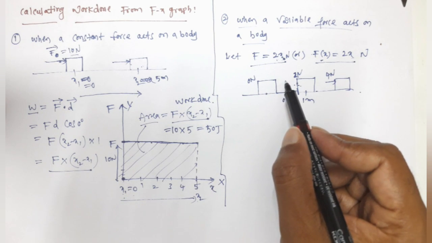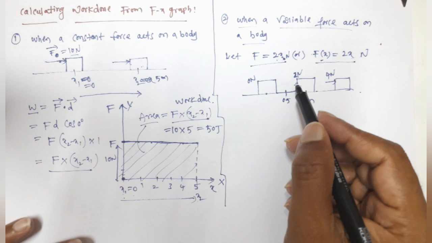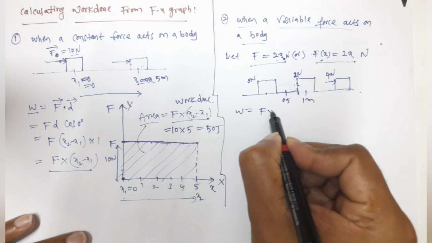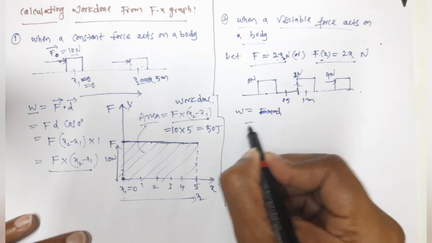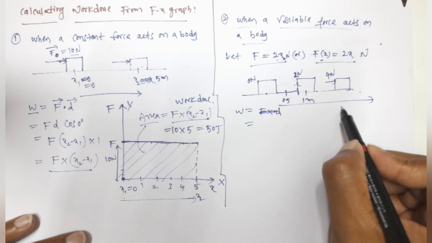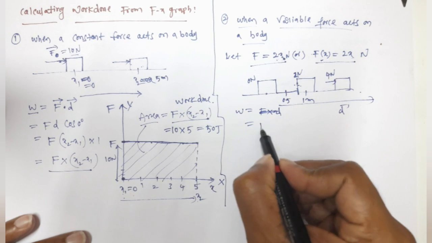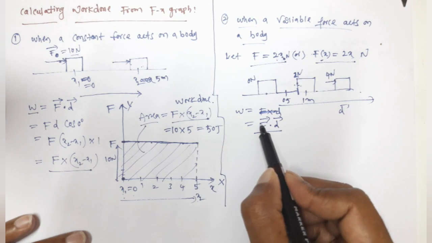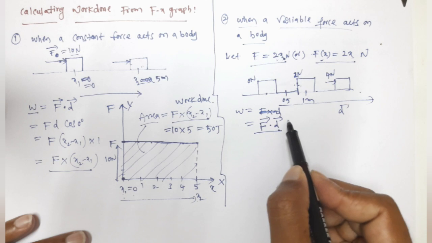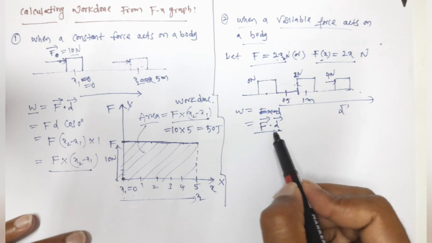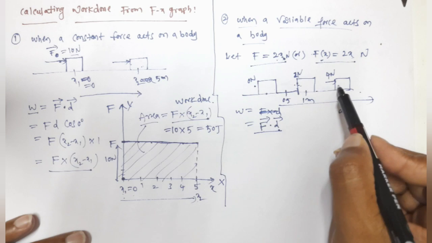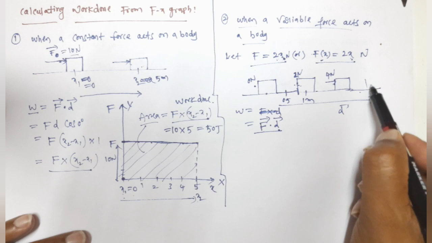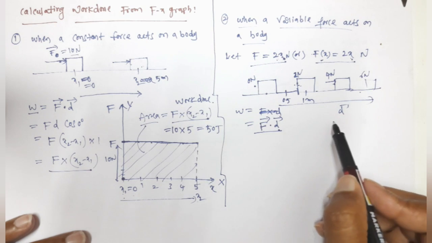Now in this case, if you want to calculate work done, how do you find work done? Here you cannot use the formula directly like this. You cannot directly multiply force and displacement, suppose the displacement from here to here is D. You cannot use this formula. This formula is applicable whenever the force is constant throughout the displacement. In that case only you can calculate work done using this formula. But here the force is 0 and here the force is 4 newtons, and when the x value is 3 meters the force value is 6 newtons. So which force do we take?